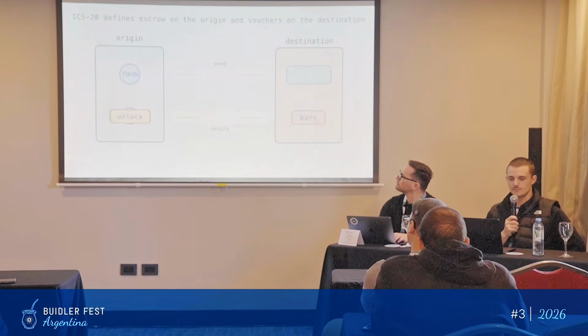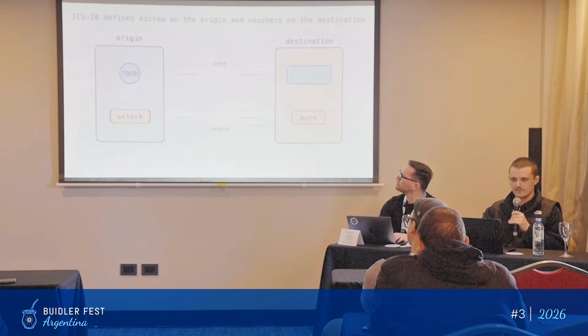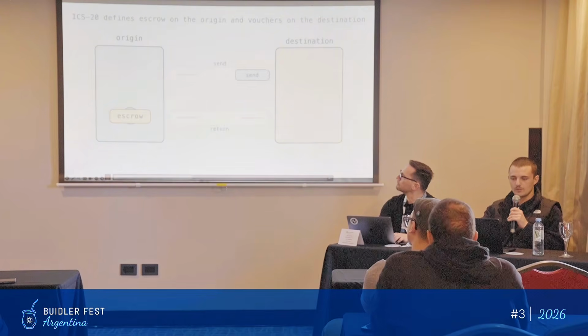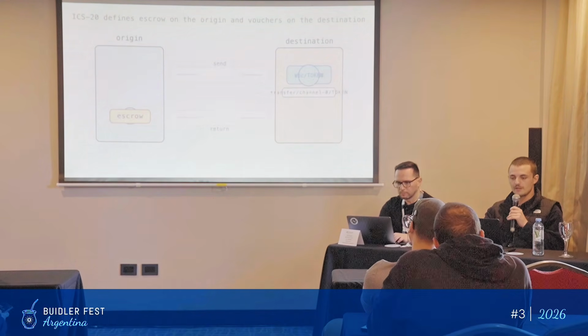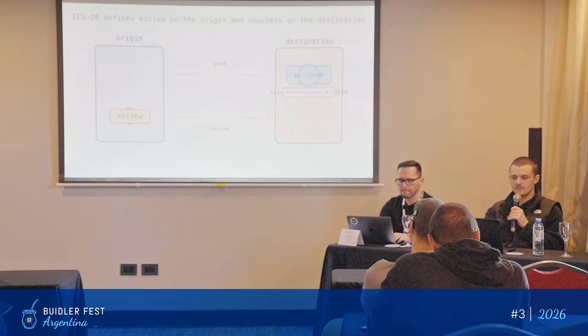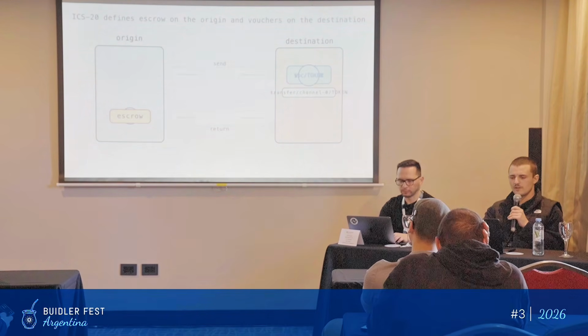So you can see that this is a voucher system, as I've described. Let me see if I can replay this again. Your token gets escrowed on one chain, and a voucher is minted on the other chain. Can you see my mouse? Yeah, okay. What you see here is called a denom trace. That's information that's typically embedded in a token. It's a lot easier on Cosmos because Cosmos has a KV store, and you can arbitrarily store information on chain in a way that's pretty cheap relative to a solution you would need for Cardano, Ethereum or Solana.